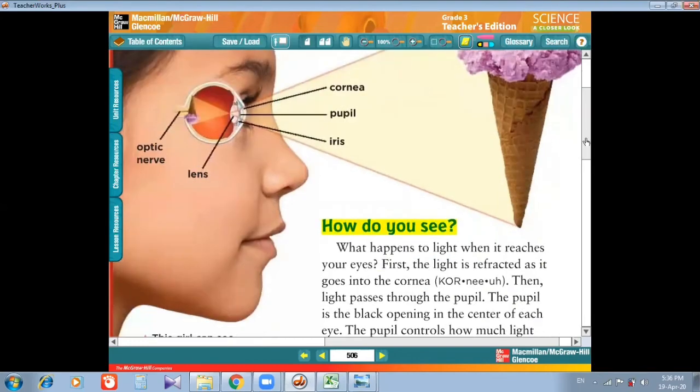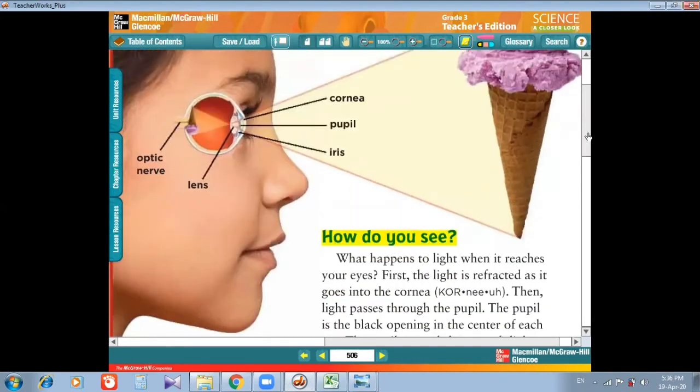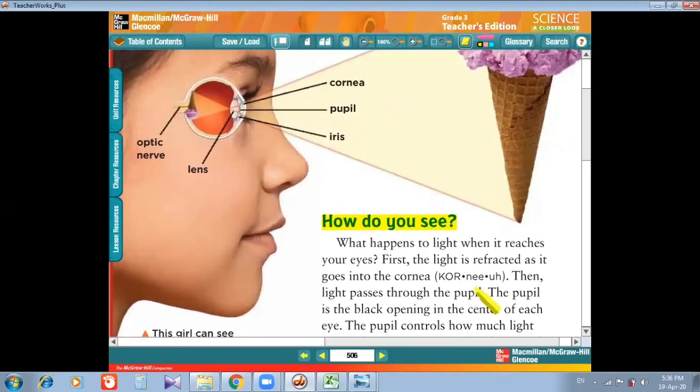Then what happens? Then light passes through the pupil. After the cornea, here is the pupil, the light will pass through the pupil. The pupil is the black opening in the center of each eye, means the eye opening in every eye, that is the pupil. The pupil controls how much light